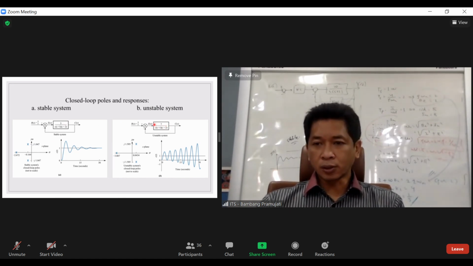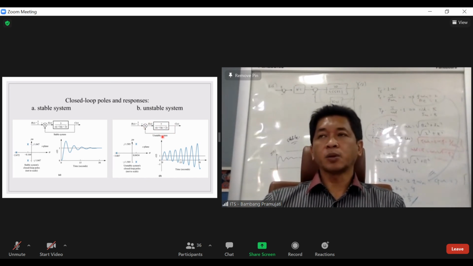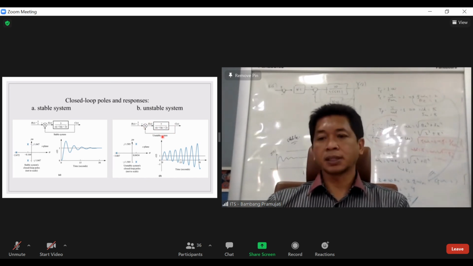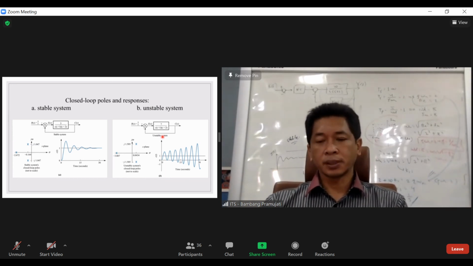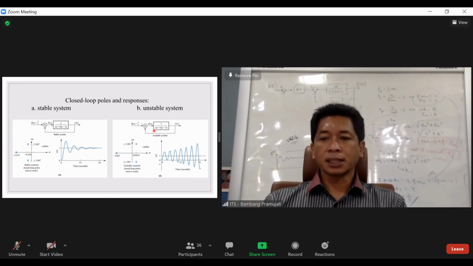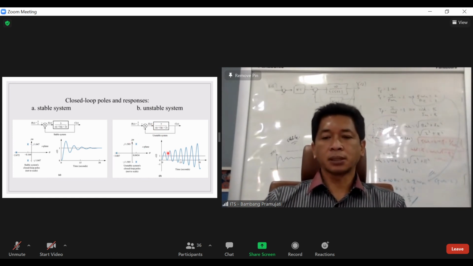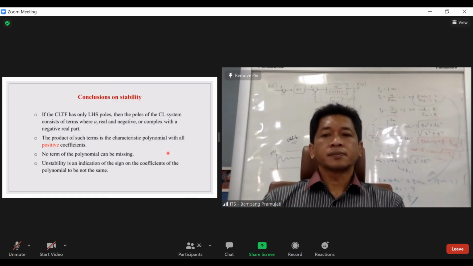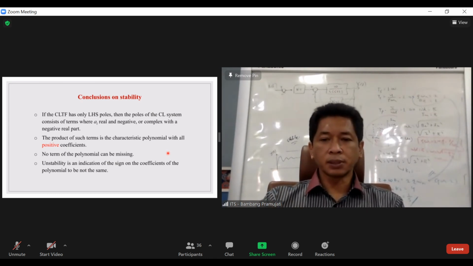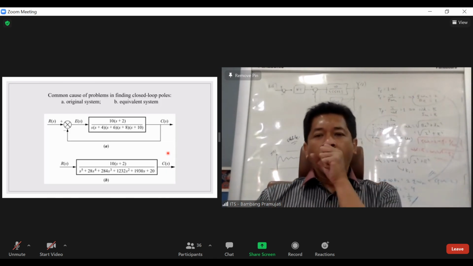Tapi begitu ini jadi closed loop transfer function, disederhanakan menjadi closed loop transfer function, karena kalau kita mau menganalisa, as I mentioned many times, settling time, peak time itu harus closed loop transfer function, maka ternyata dia polesnya berada di kanan. Jadi sistem itu becoming unstable. Ya. Jadi kira-kira konklusi dari stability adalah seperti itu. Kemudian